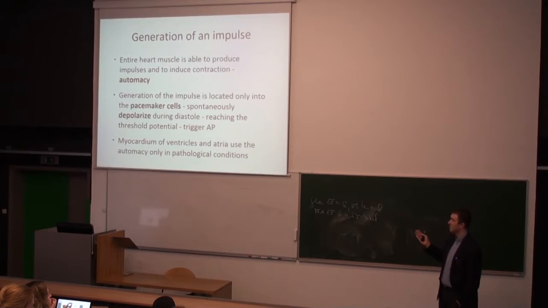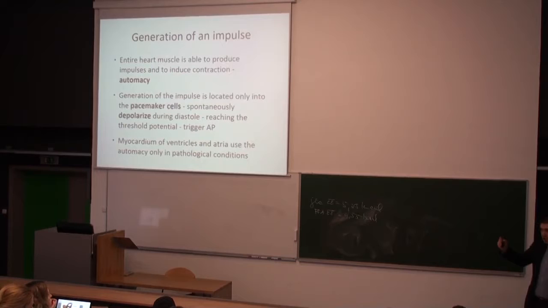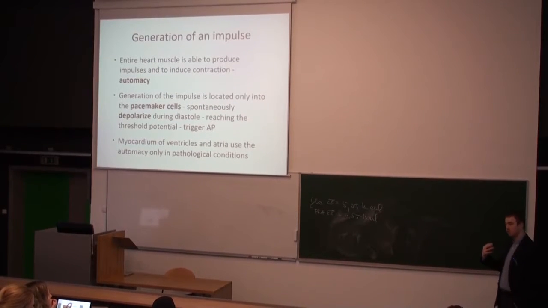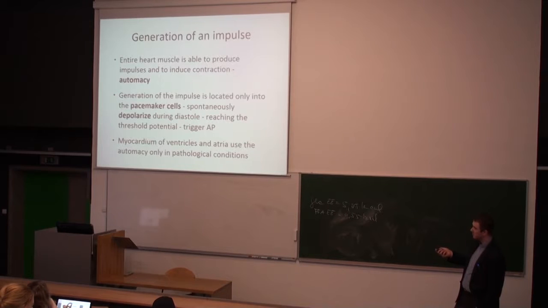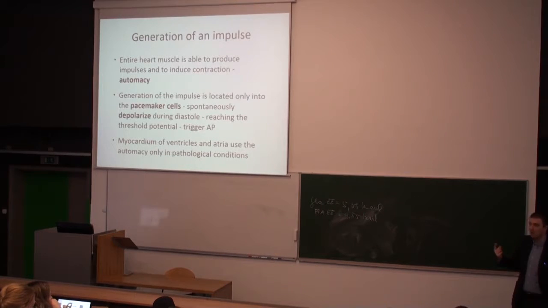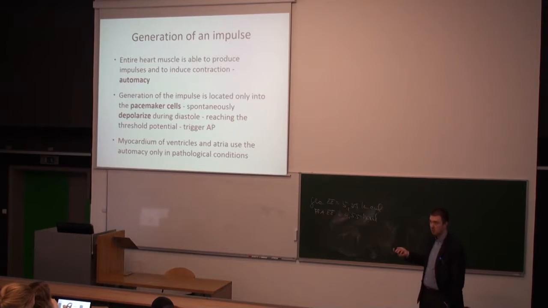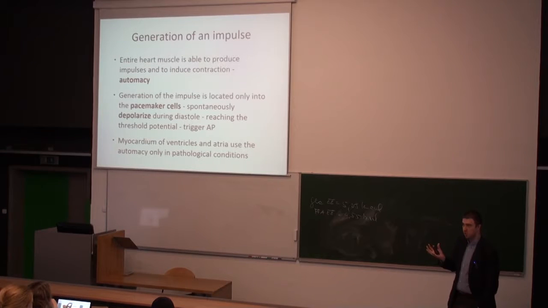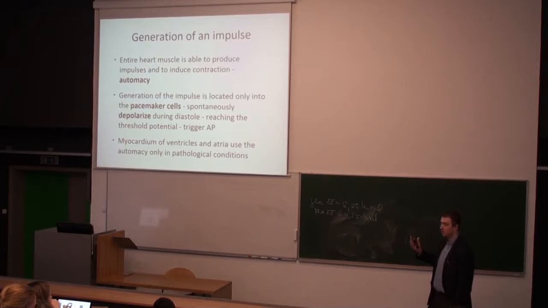Therefore, inside the heart, there must be specialized cells that will do the action, not from the point of contraction, but from the point of generation of the action potential. And as you know, these cells are called pacemaker cells, and these cells are able to do the spontaneous depolarization during diastole. Yes? During diastole, there should be a relaxation of the cell, of the heart, but some specific cells will produce spontaneous depolarization, and therefore they will start the contraction of the whole heart.